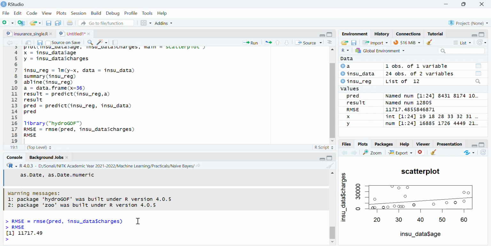This is very simple since there is only one variable and you are predicting based on one variable, and based on this root mean square error you can find out how much error your model is giving. So I hope you understood, and in my next video I am going to demonstrate the linear regression model with multiple variables, when there is more than one variable which determines the answer or the value.